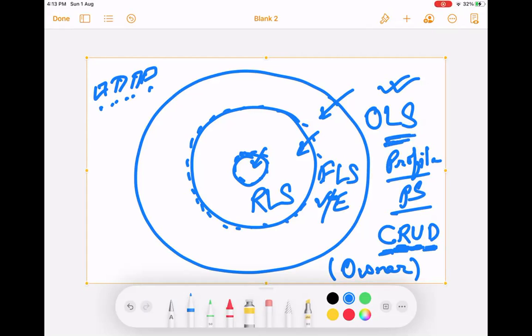Like in an employee table, only HR people can see the salary. That field should not be visible to anybody else. Right? That is it. So that is field level security. Sometimes you can see a field, but even if you have update permission, you cannot edit that field. It will become a read-only field for you. It can so happen. That is field level security.